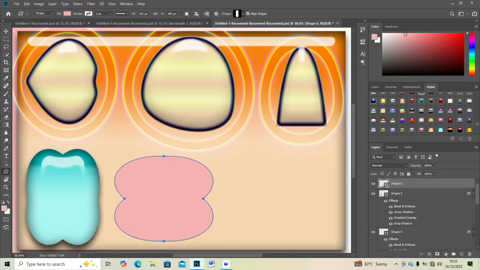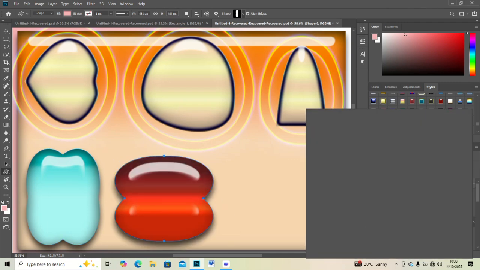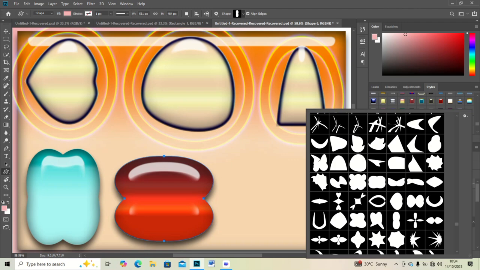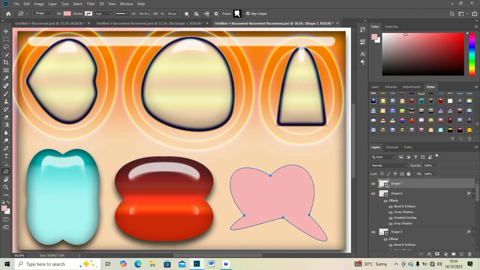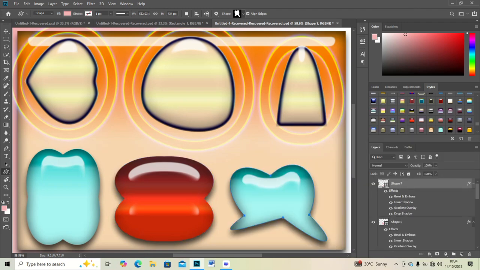Finish by applying a color lookup filter to make your design cinematic and professional. This simple but powerful style can instantly boost your video's click through rate and give your channel